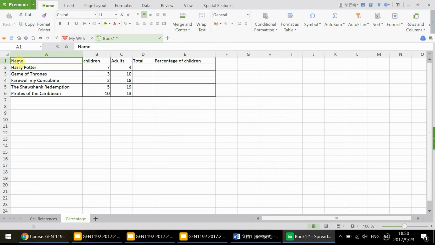This page is about the research for some families in some famous movie. How many children watch that movie, and how many adults watch that movie. And first, we need to calculate. Use the fill handle,